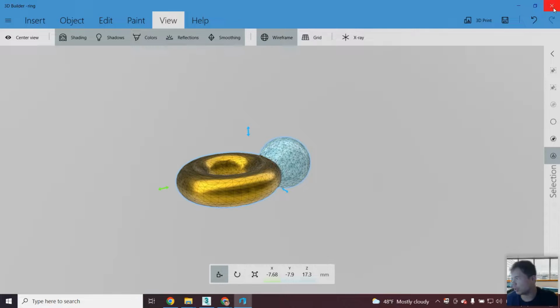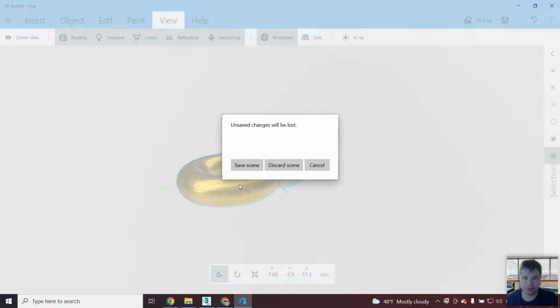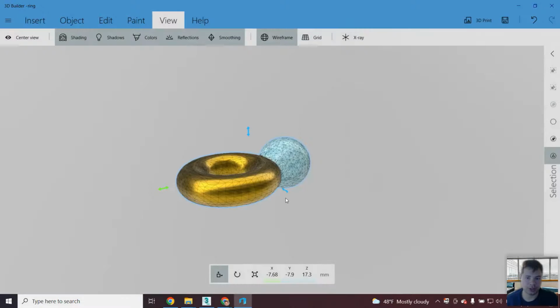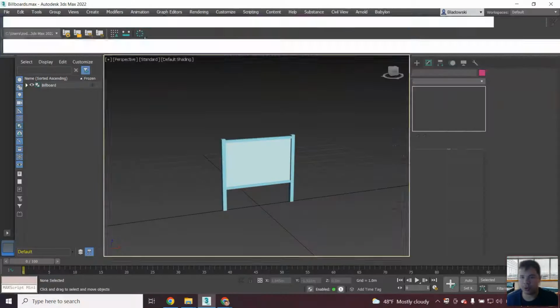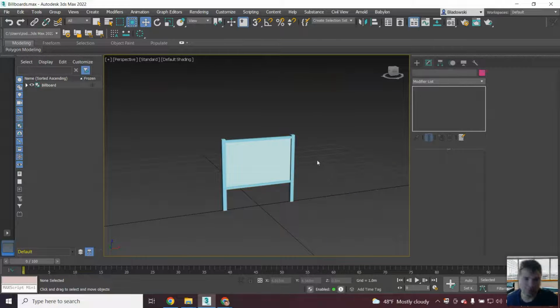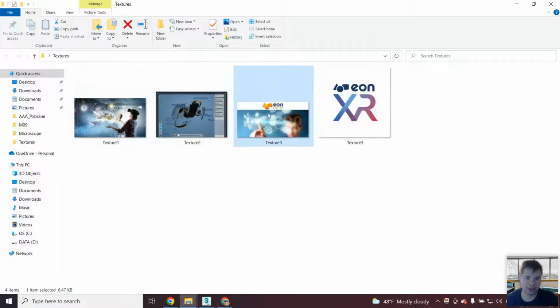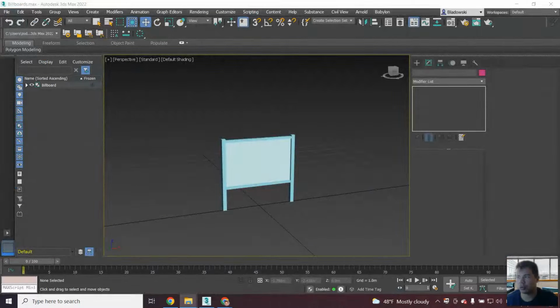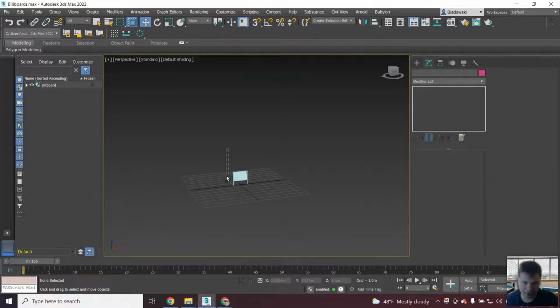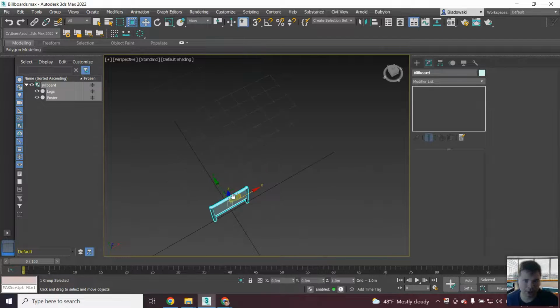Okay, let's close this one. Do I want to save the scene? I don't want to save the scene. And I will open now 3D Studio Max. For that, I have prepared a few textures. They are linked with EON. This is the EON-XR. This is some old EON banner with some historical signs. This is the old view of the platform, and there's another texture that is showing some mixed reality elements. So what I would like to do is to put them on the 4 billboards. So I have 1 billboard prepared here,